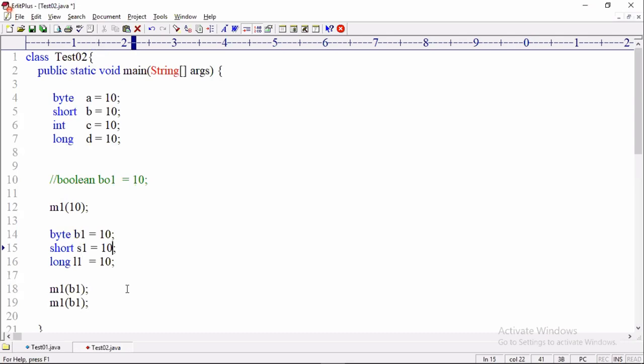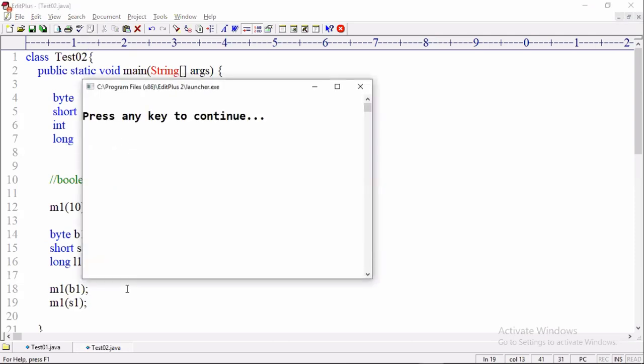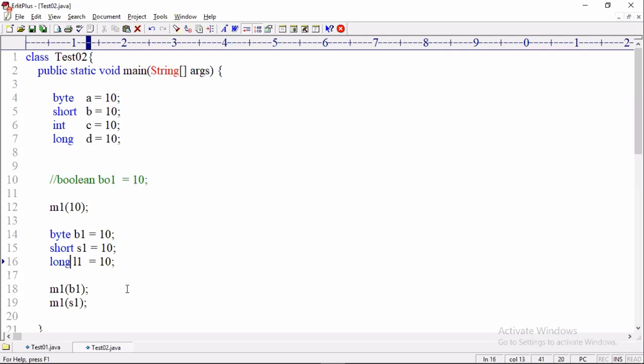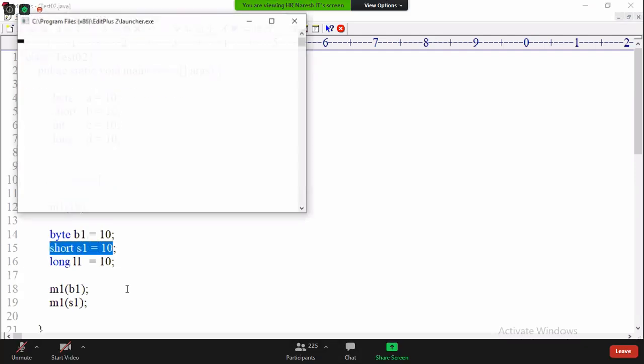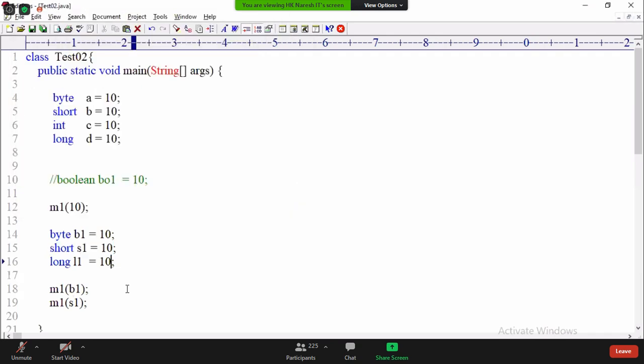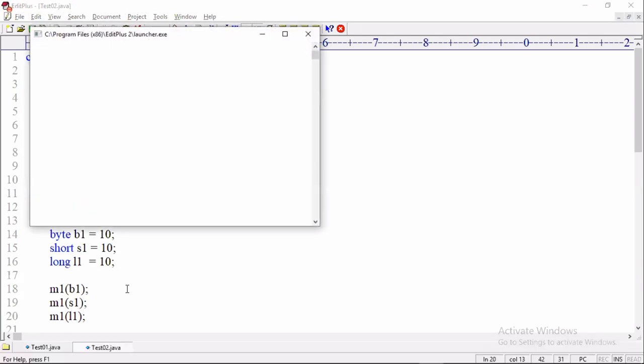So next tell me, I want to convert 10 to a short type. What to do? With the value 10, I want to execute the short parameter method. Now this 10 you must assign to the short variable, and as an argument you must use s1. So then the compiler will consider m1 of s as what type? Short type, because you told 10 is coming as what type? Short type. Then the short parameter method is executed. The next, m1 of l1, now the long parameter method is executed.